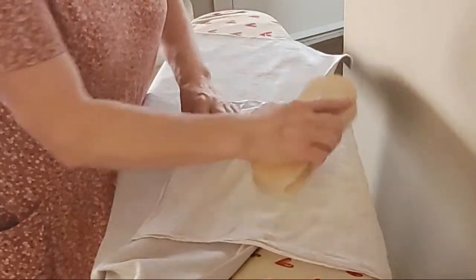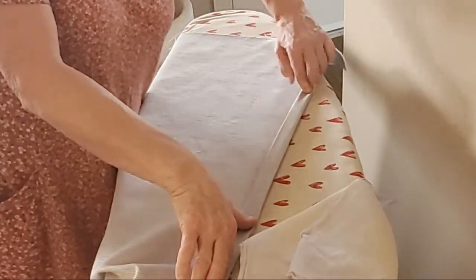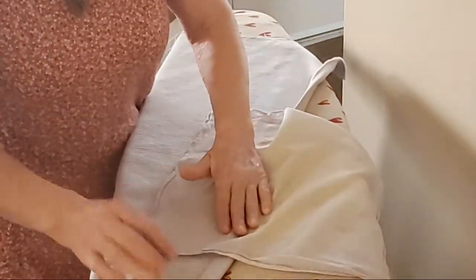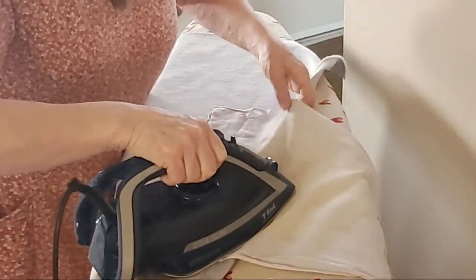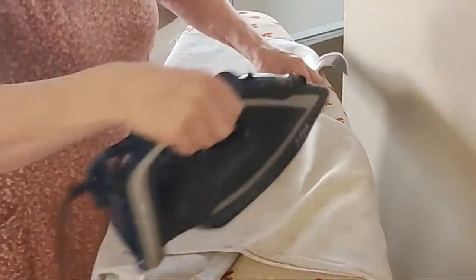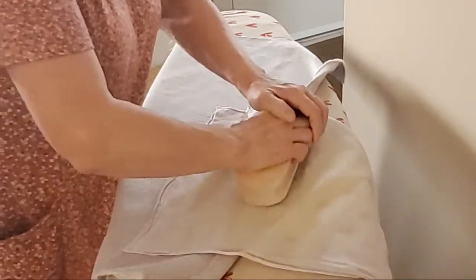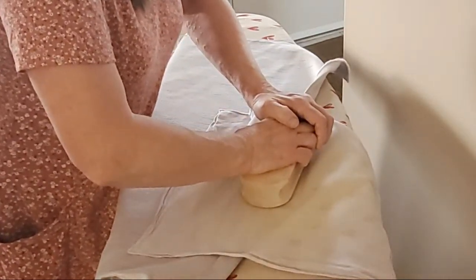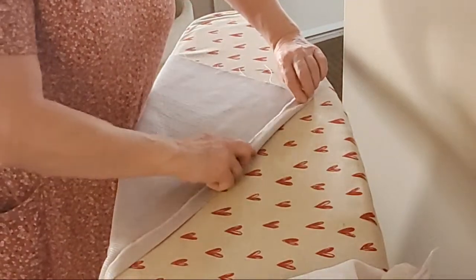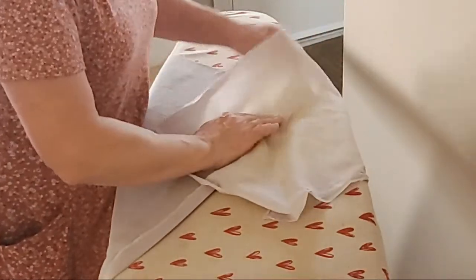I think what it basically does is that it's a dry wood. So it's like oak. Don't quote me on this, but it's a dry wood. And it basically, when you put the steam onto the fabric, the wood is wicking the moisture away from the fabric and is allowing that fabric to dry quicker and hence creating that better press. So then when I run it through my sewing machine in a minute, it's just going to give that lovely crispness. Because even though this is going in the basement, we're going to do a proper job of making these